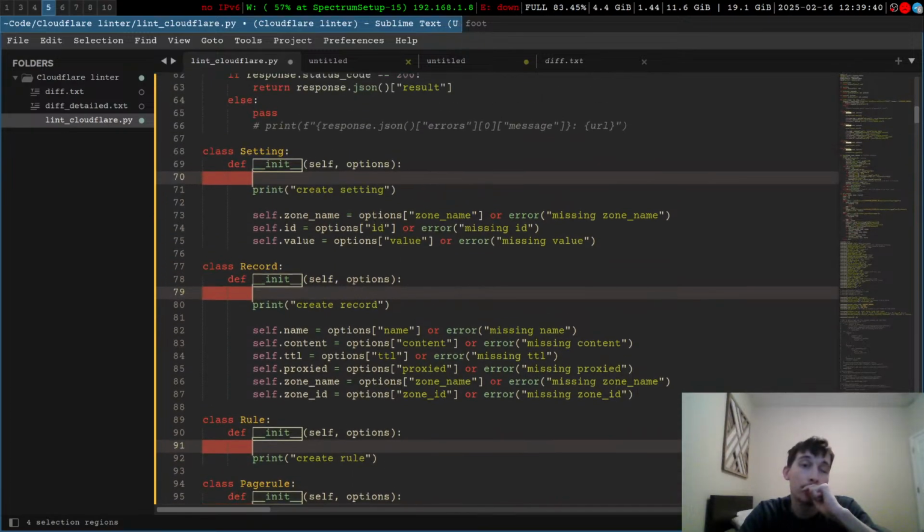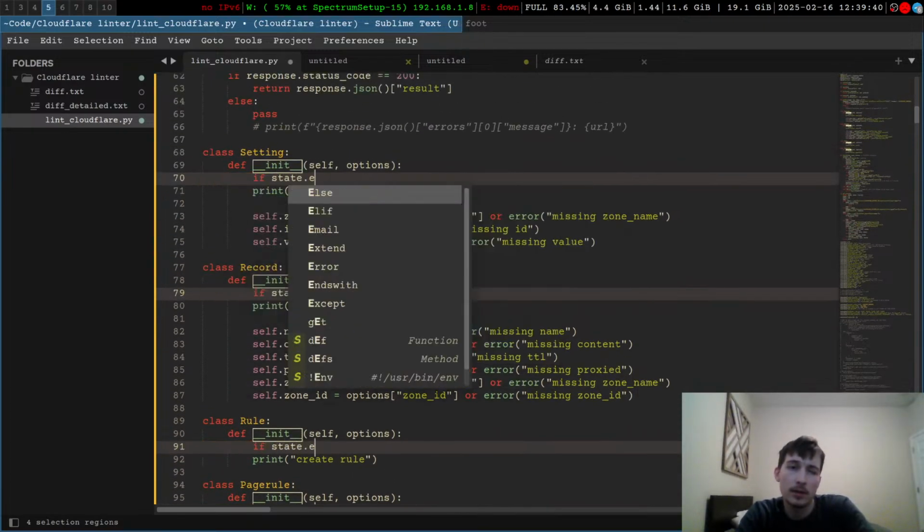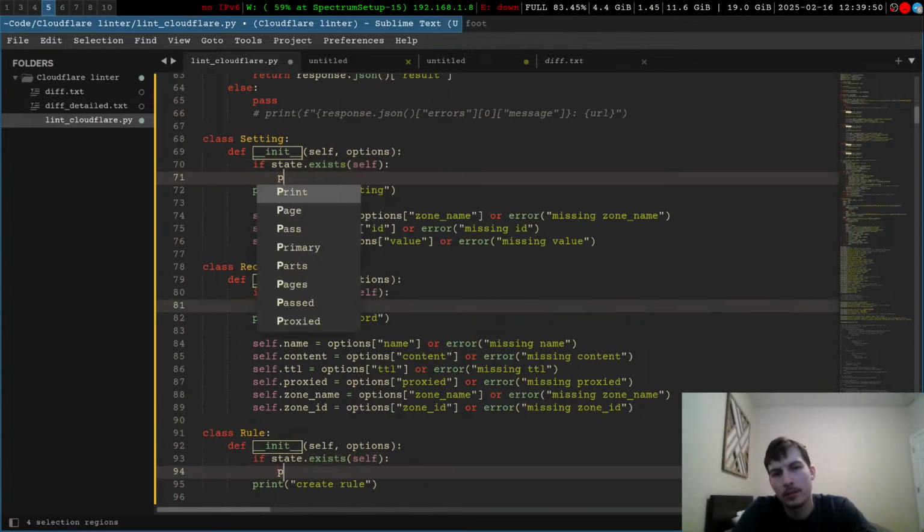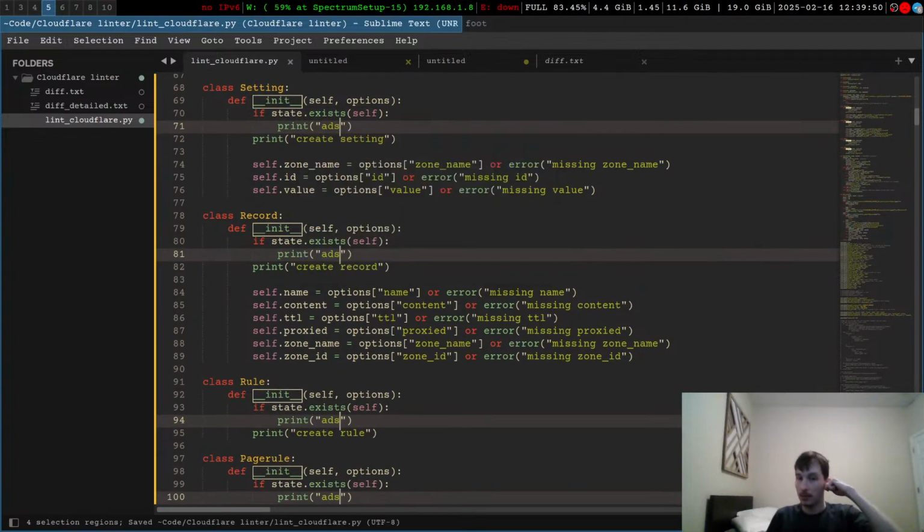So, if state exists, self, if we exist in the state,